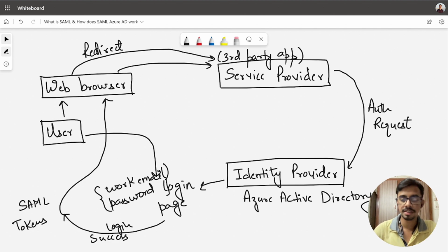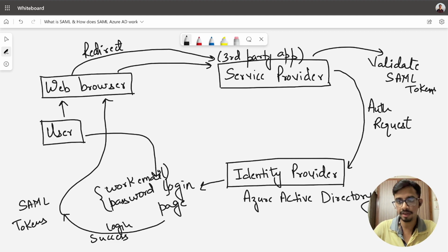Now what will happen is the service provider will actually validate the SAML tokens and the SAML response sent by the Azure AD.